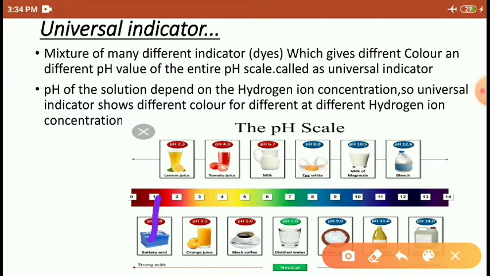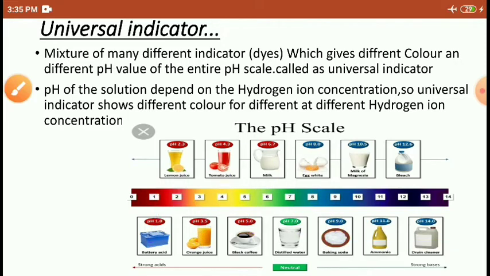Here we are using examples. Battery pH is 1, lemon juice pH is 2, so respectively it gives dark red color and red color. Orange juice pH is 3. Tomato juice pH is 4. Coffee pH is 5. Milk pH is 6. Water is 7; yesterday we discussed that water is neutral, 7. Egg is 8, salt is 9, ammonia is 11, bleach is 12, and drain cleaner pH is 13.